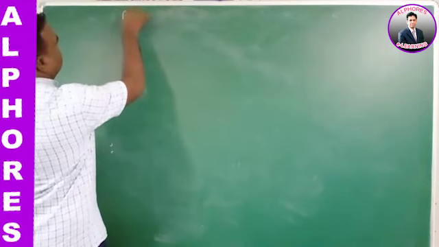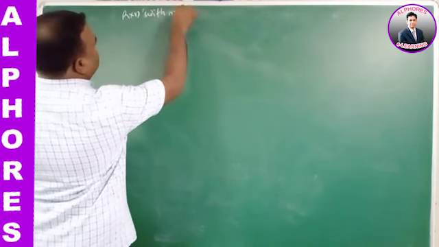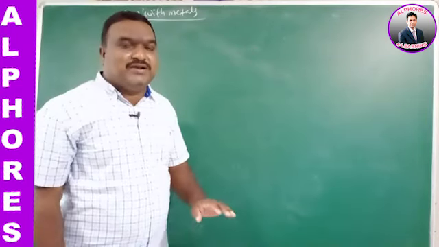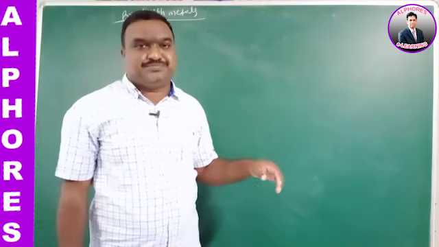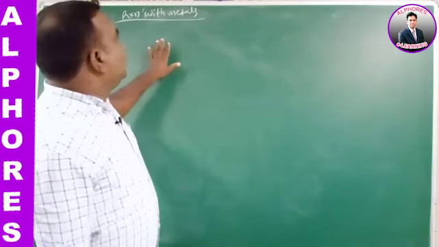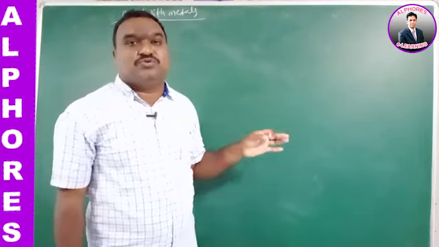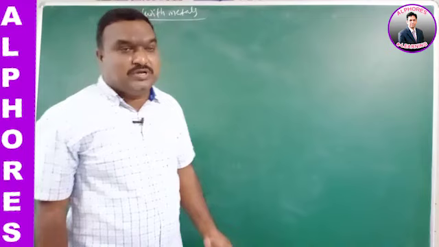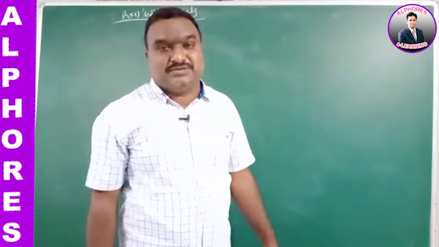So the next one is reaction with metals. Alkyl halide is a highly activated compound, as we have already discussed in chemical properties. That's why they are not available freely. The majority of alkyl halides are prepared in the laboratory as synthetic halogen compounds, and those halogen compounds are used in the preparation of so many organic compounds. Here also the same thing: alkyl halide easily reacts with highly activated metals.